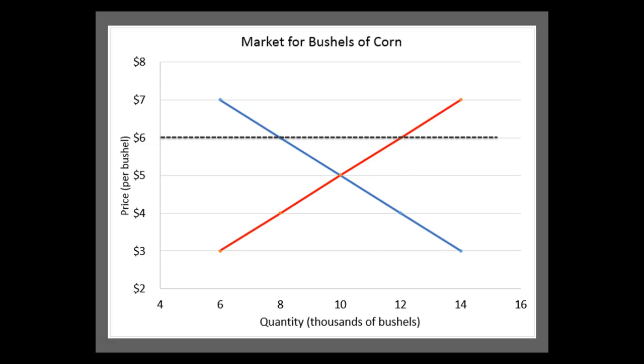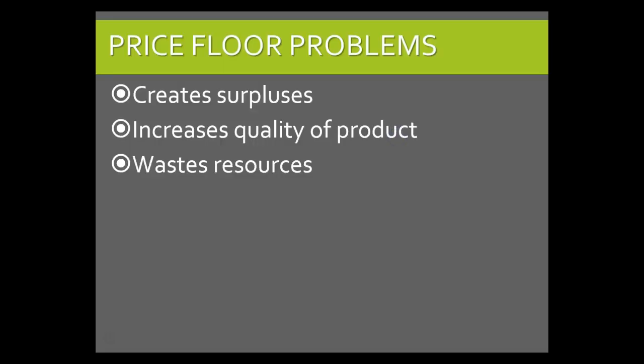But it's nicer than it needed to be, because without the price floor, we would have been happily selling 10,000 bushels of corn with the quality we had previously. So again, the price is equal to the value of the product. So if I'm going to charge you $6 for a bushel of corn, it's going to be a $6 bushel of corn. And if it's not of that high enough quality, then no one's going to buy it. And so we see this trend towards unnecessarily nice products. And again, there's also wasted resources, because now we've got all this food in this example that no one's going to buy and no one's going to eat, and it's going to rot and be a waste.